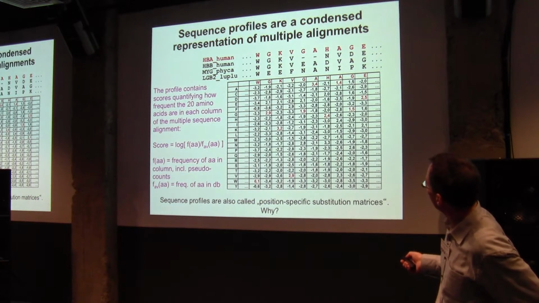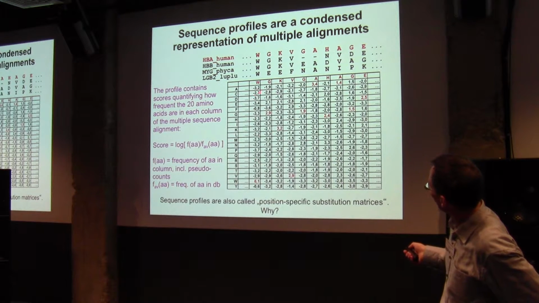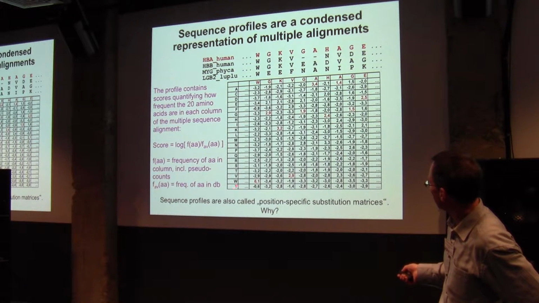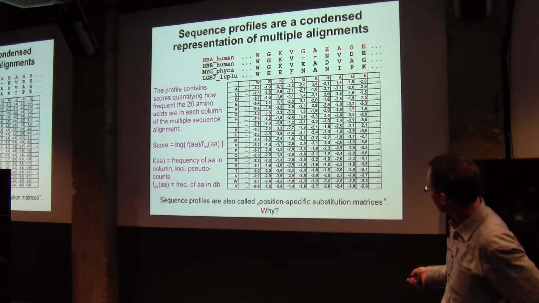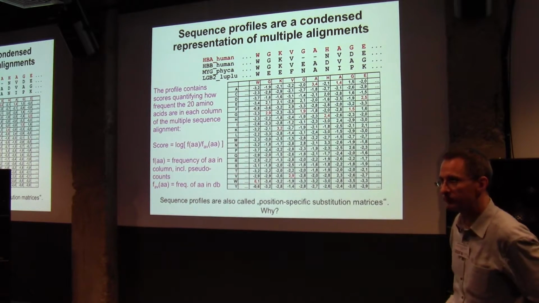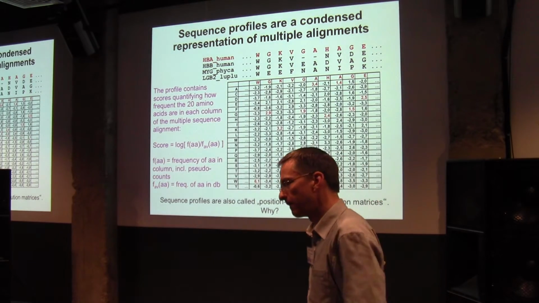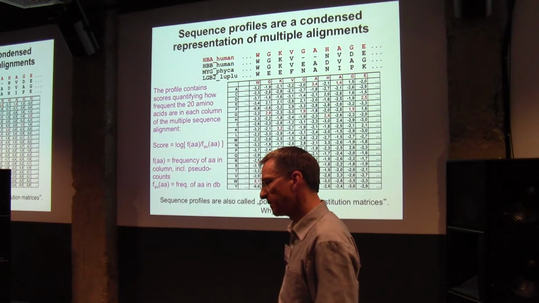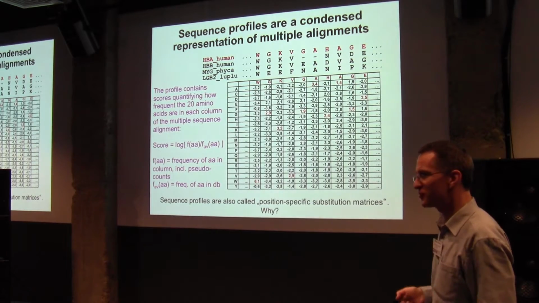So this is again a profile. You see all the scores are pre-calculated, and they're basically what you would get. For example, the Y here, minus 3.2, is the score you would get if you wanted to align the tyrosine to this position of the alignment. Of course, you would rather try to align a glycine there. So this looks like a position weight matrix, not an HMM. How do you do the gaps? Yeah, that's 2 slides further down. Okay.